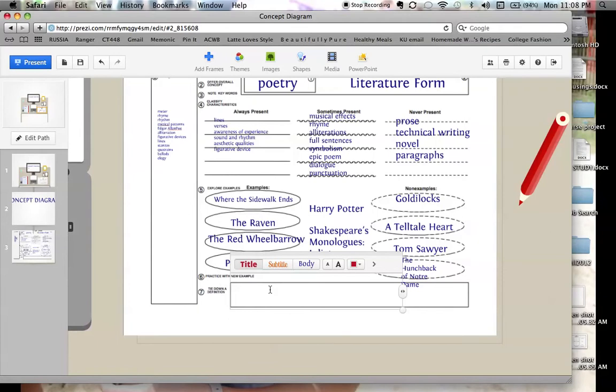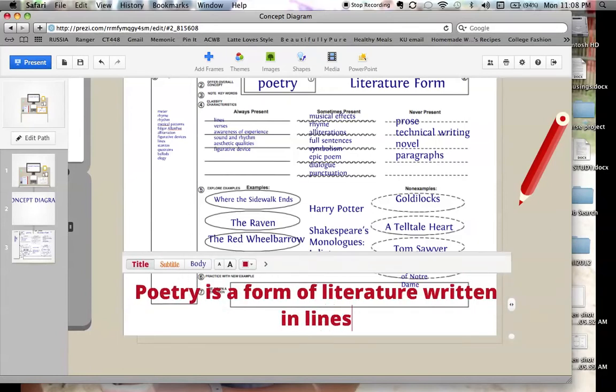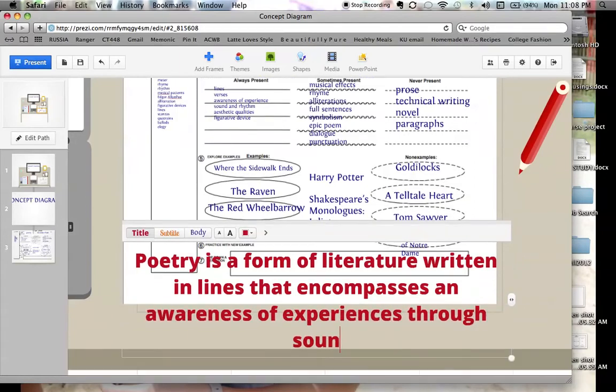Alright, so to tie down a definition, we're going to use our concept and then the overall concept. So poetry is a form of literature, and one of the key aspects of it is that it's written in lines. So we'll say that, and we'll say that it encompasses an awareness of experiences through sound and rhythm,